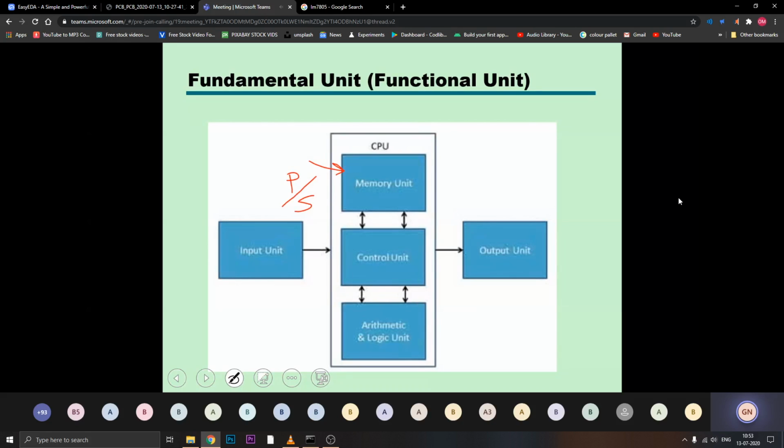Primary memory has a high speed as compared to secondary memory. So whenever the CPU is running some program, that program is stored in primary memory before executing. Whenever you give some instructions to the computer, it first stores them inside primary memory, then it executes them.